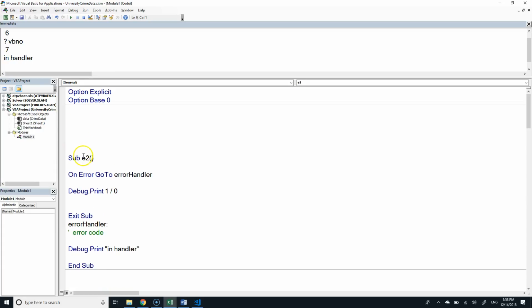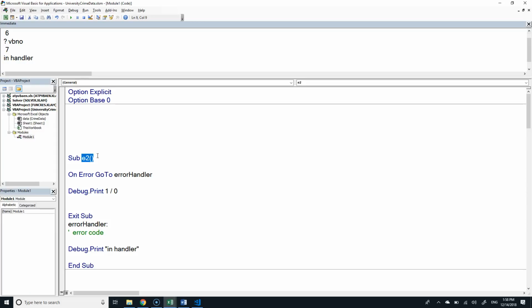I'm looking at this one. Is this a general procedure or an event sub-procedure? It's general. How can you be sure? Because if it's an event sub-procedure, you've got to say the name of a control, underscore, the name of an event. So if you look at the name of a sub-procedure and there's no underscore, it can't possibly be an event sub-procedure.